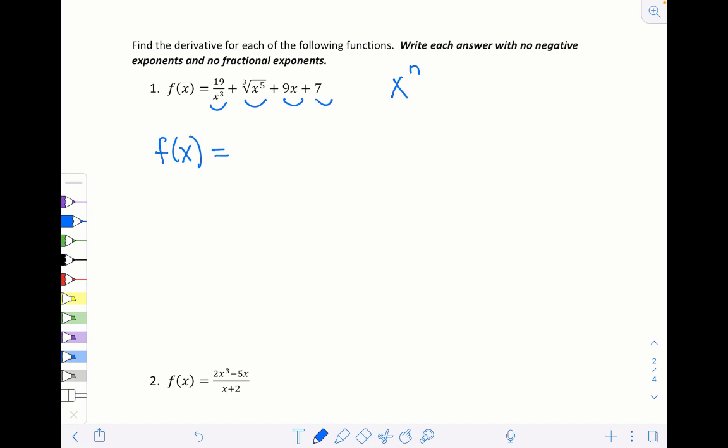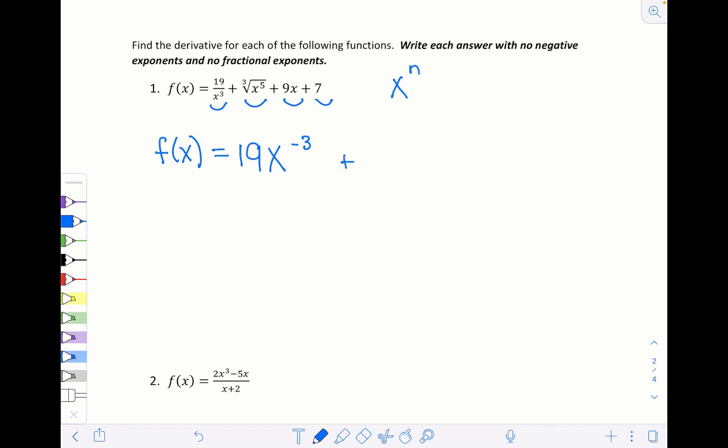So in this case, the 19 over x cubed can be rewritten as 19x to the negative 3. So if you have an exponent in the denominator, you can actually rewrite it. A mathematical notation way to rewrite that would be x to the negative 3rd, where it's no longer in the denominator and it means the exact same thing. Plus,